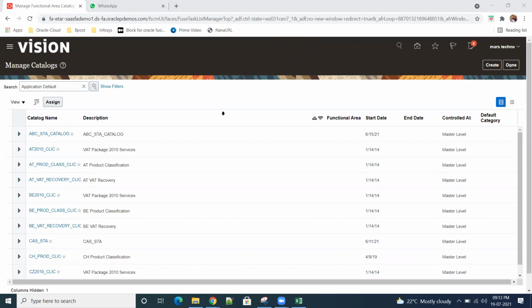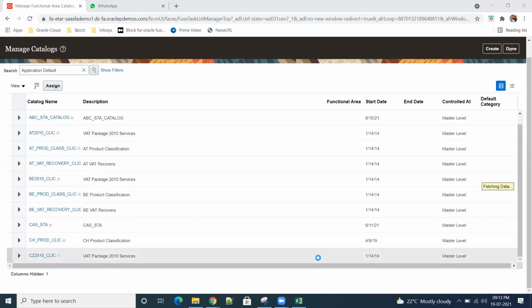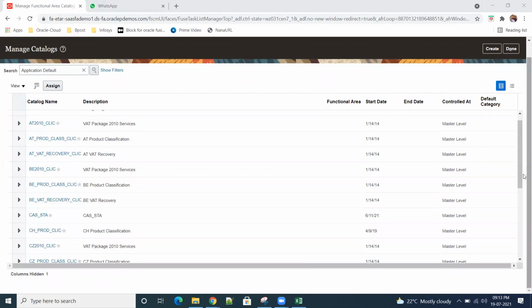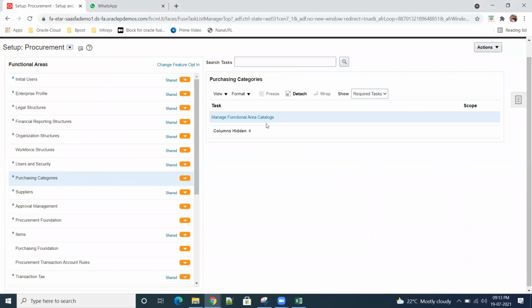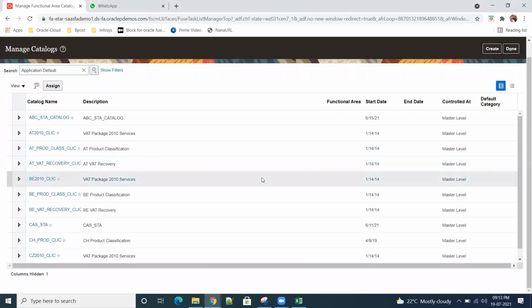Okay. So now I wanted to add one catalog here. Manage catalogs. One second. Yeah. Here, let me see. One second. I wanted to see whether the catalog is the inventory and then procurement catalog. Those things I wanted to see. So let me see that.